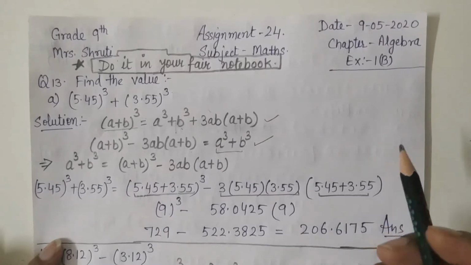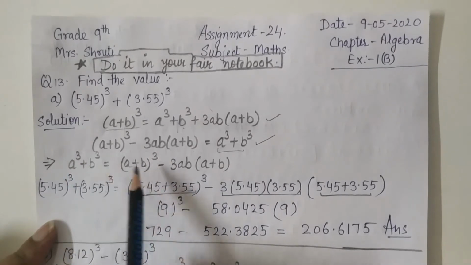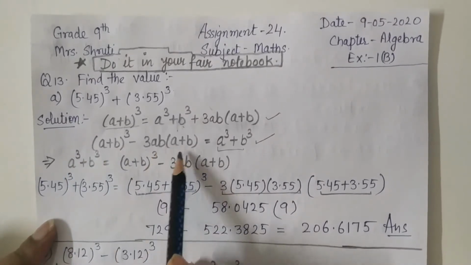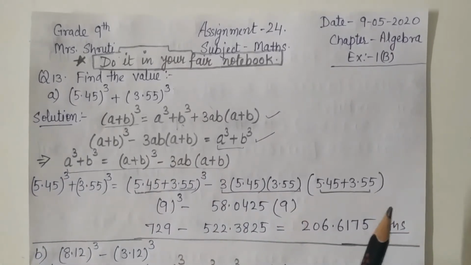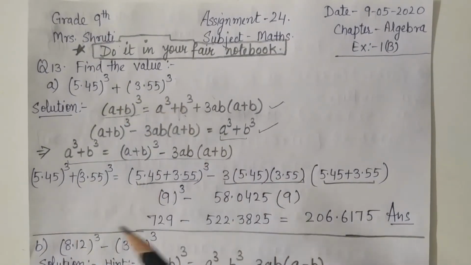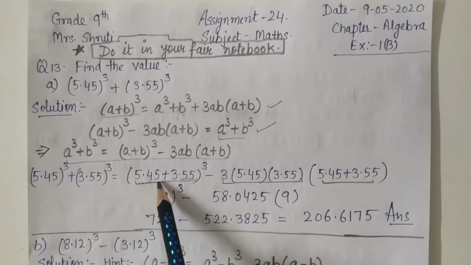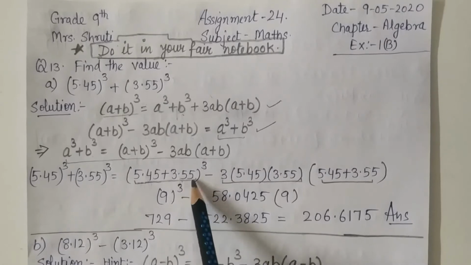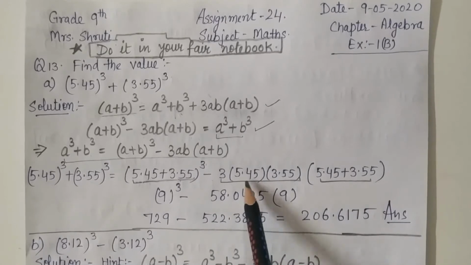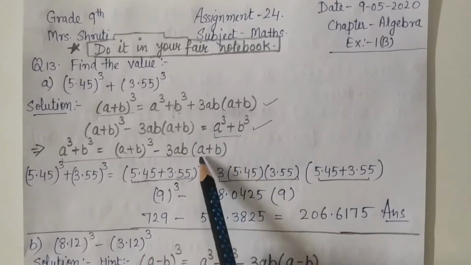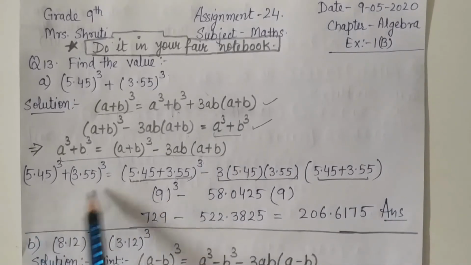This step is clear. So now in the next step मैंने इसको करेक्ट करके लिख लिया है कि a cube plus b cube is equal to (a plus b) of whole cube minus 3ab (a plus b). जस्ट डायरेक्शन सही करके इसको लिख लिया, अदरवाइज नथिंग एल्स. Now compare with your question, its a value and its b value. So a value is 5.45 plus b value is 3.55 of whole cube minus 3 into a value 5.45, b value 3.55 in bracket a value and b value. Just you have to put the values of a and b.